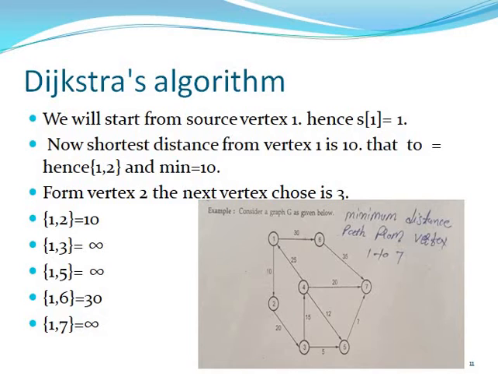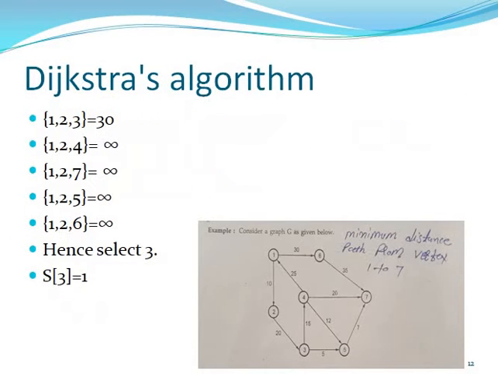So we can start. So how can you start and solve the problems? You can start here: 1 2, 1 3, 1 4, 1 5 and 1 6. If the direction is given, 1 2 is a 10 distance, 1 3 it is not possible because you can go to the 1, 2 and 3. Then 1 6 is possible, then you can put the weight, otherwise you can put the infinite. So now next we can choose this 1 2 and you can solve one another node and you can find the 1 to 7.